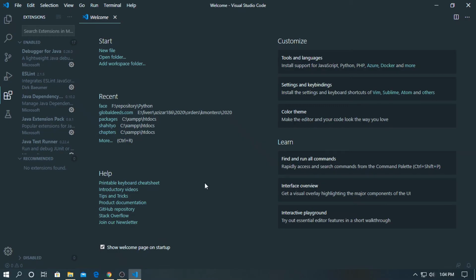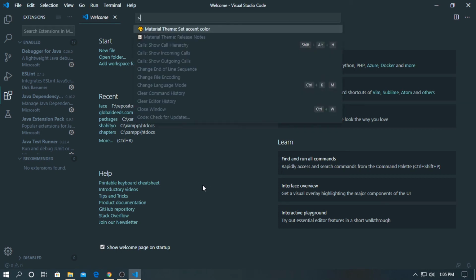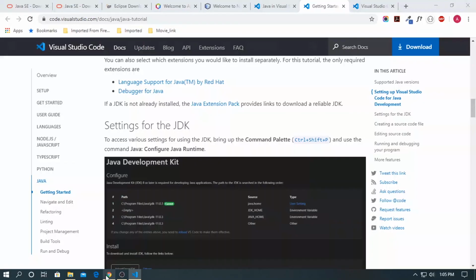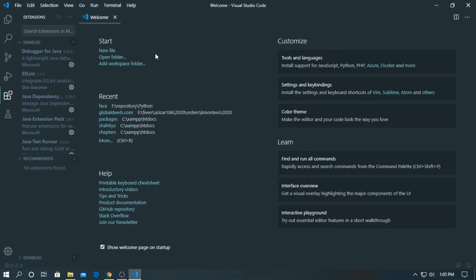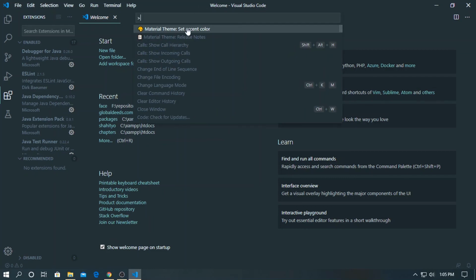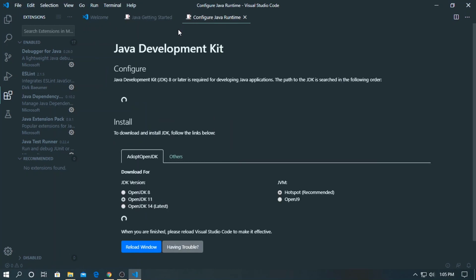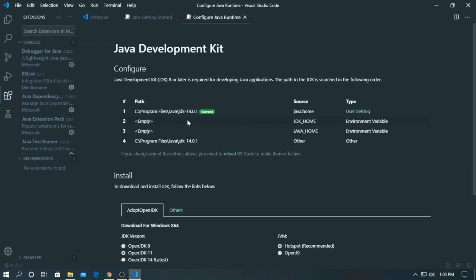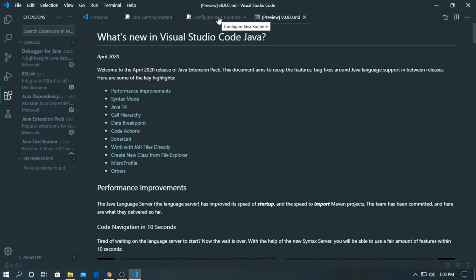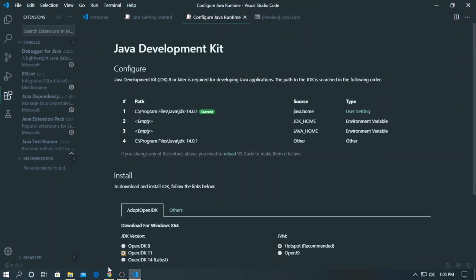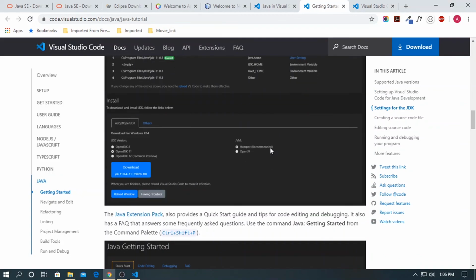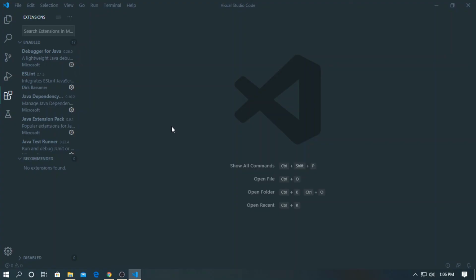Control Shift P. Okay, everything seems fine. The installation has finished successfully.